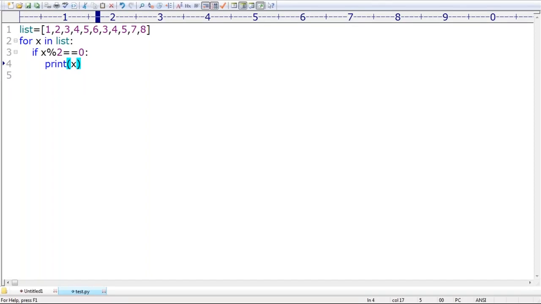I want to print only even numbers, right? Next, my requirement is, can you please print the value? I want to print each object